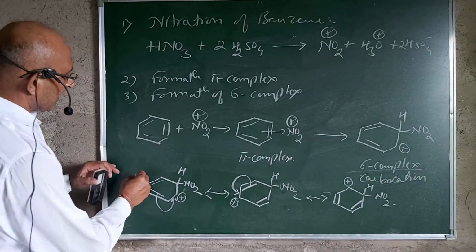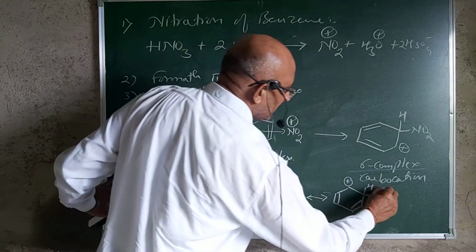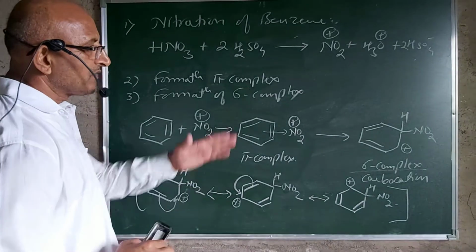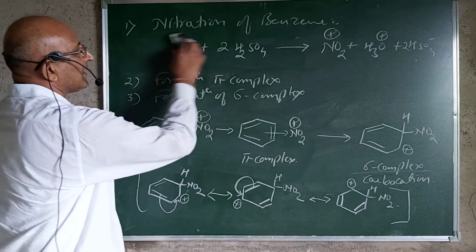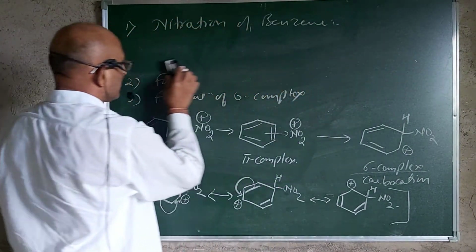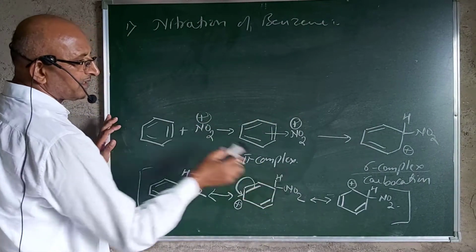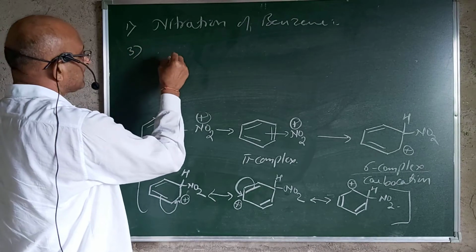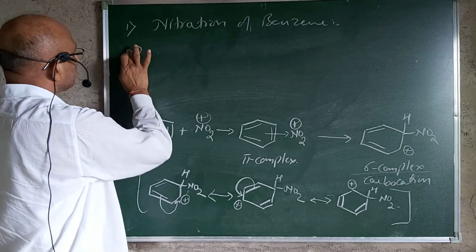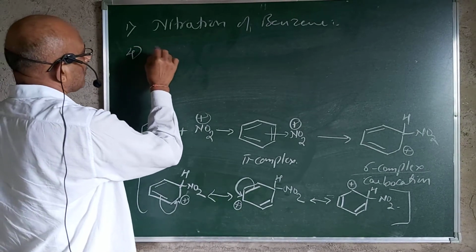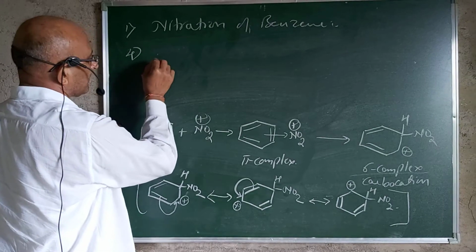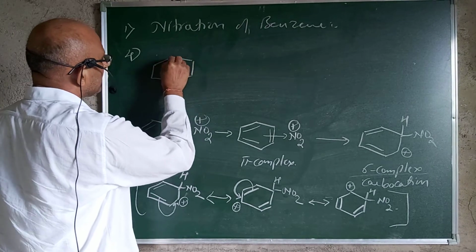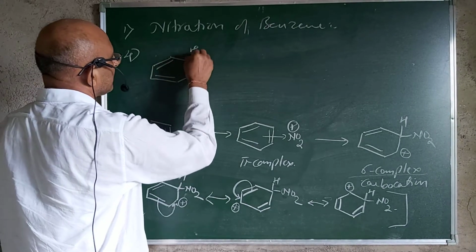And so in this way, as the carbocation is being stabilized, once the sigma complex is formed in the overall reaction, that's why the reaction proceeds. Means here you are getting the formation of a carbocation which is stabilized by resonance, and that's why it is formed in the reaction. And at last, in the fourth step, that is the aromatization or abstraction of the proton, the conjugate base which has been formed in the first step,